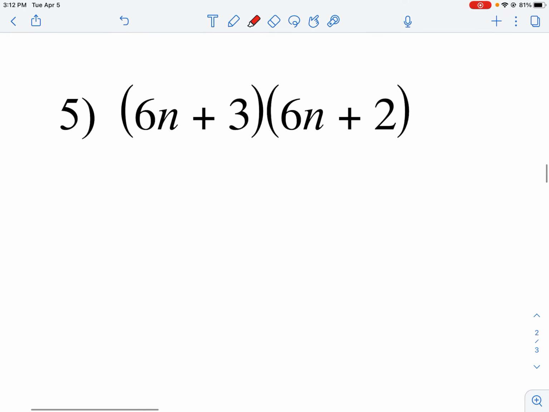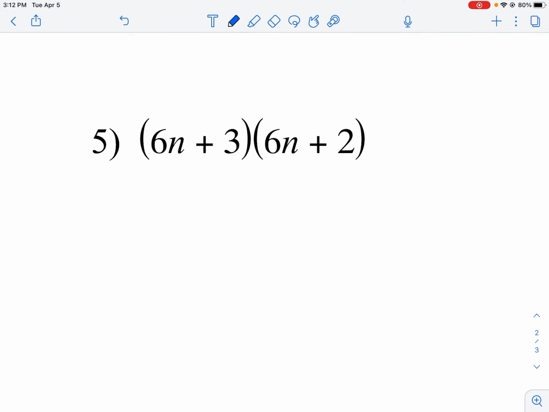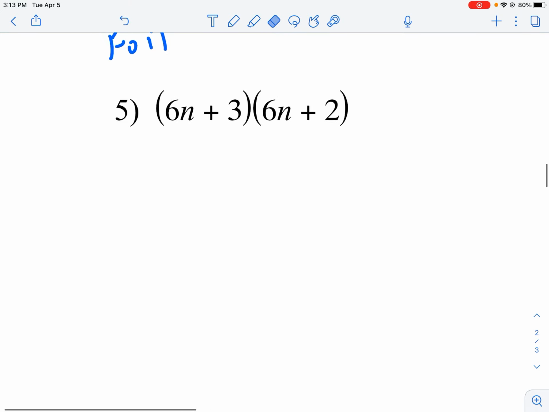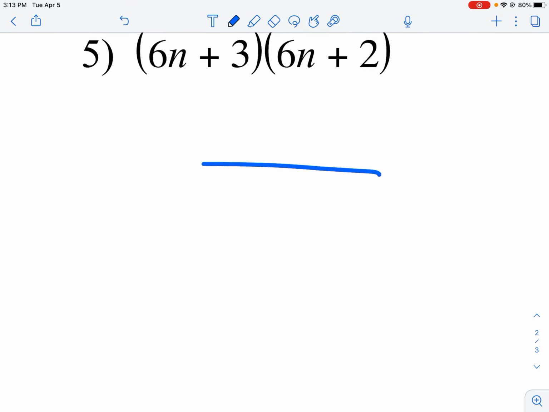Now, as you take a look at number 5, as we again continue to scroll down the left-hand column here, on number 5, we have 2 binomials multiplying by one another. Now, there is a way to do this where it is literally just the distributive property twice. That's the technical way to do this. You were probably taught the 4-letter F word in math, which of course is FOIL, where you do first, outer, inner, and last. Okay, but I actually have a way that I think is very student-friendly because it forces you